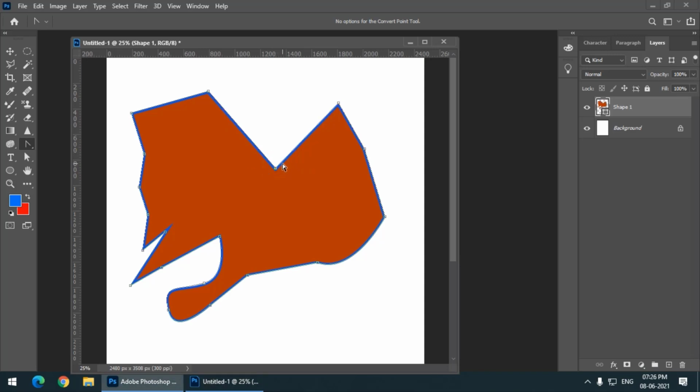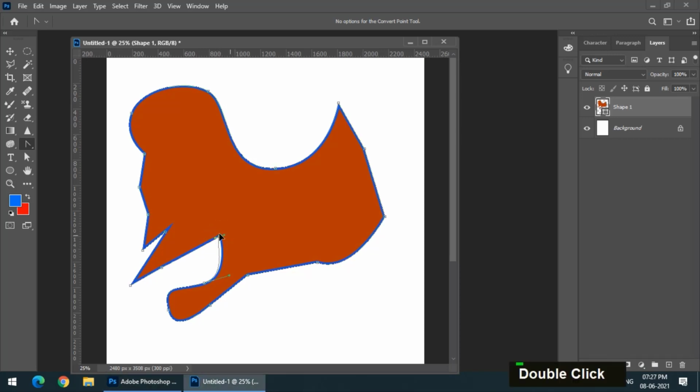Remember, if you only click, then it will be converted into a line, and if you want to convert it into a curve, then we have to click and drag on the right side, so it will be converted into a curve. So this is also a straight line, then I'll simply click and drag, so it will be converted into line. Click and drag on the right side or left side, it doesn't really matter.